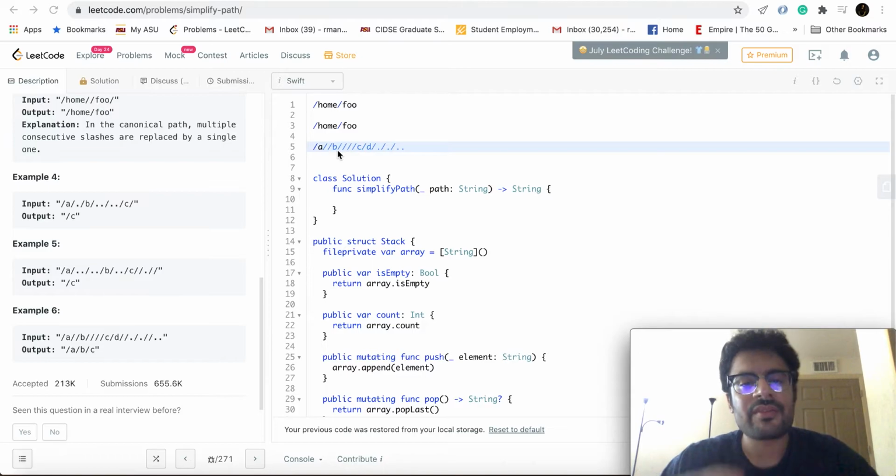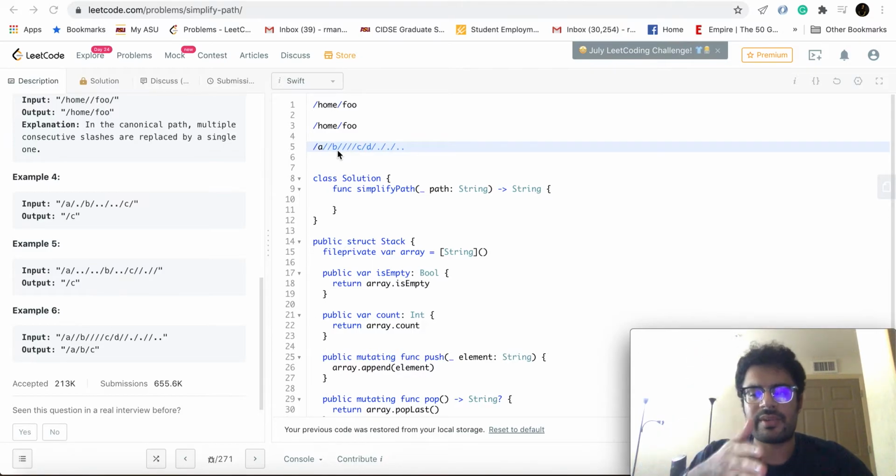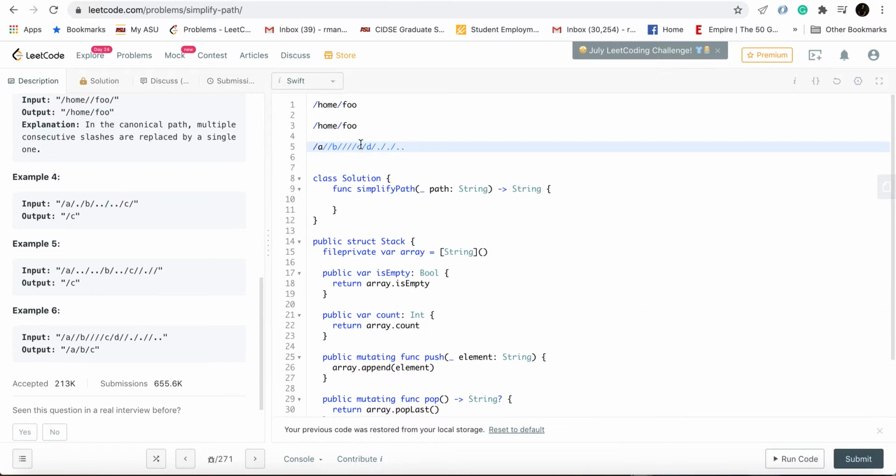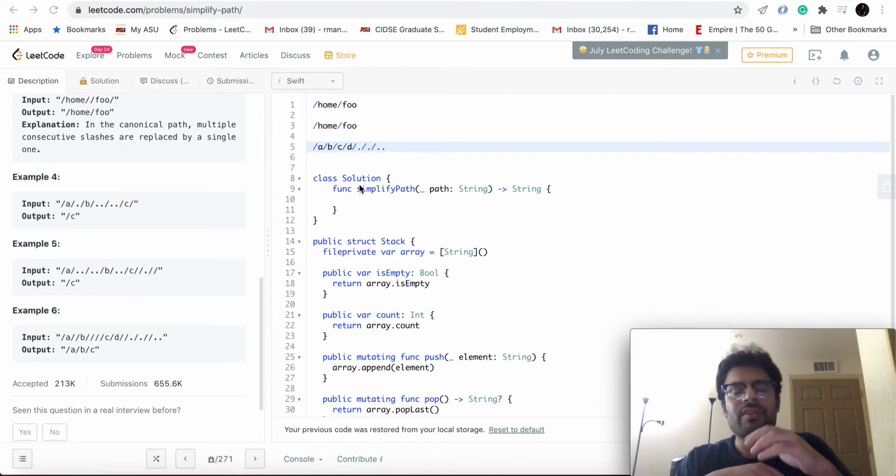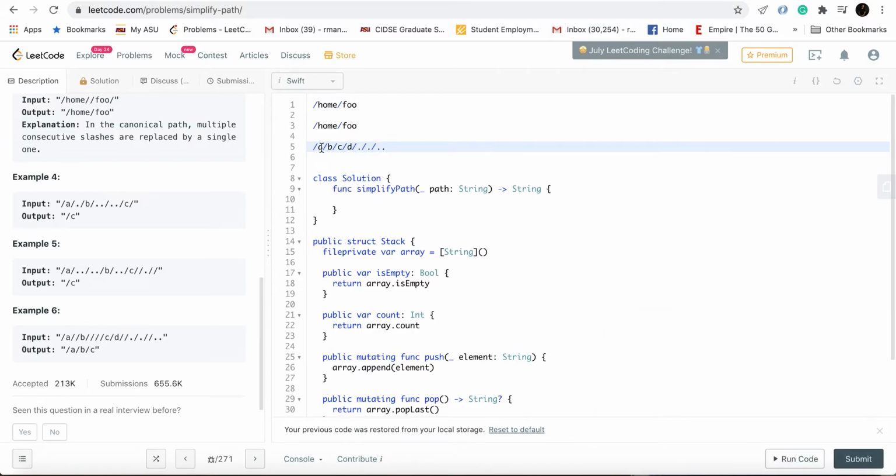While implementing, we will process the characters from left to right. But that's not the tough part, so let's not concentrate on that. Just for the sake of explanation, we'll replace all multiple forward slashes by single forward slashes, because that is essentially what we'll be doing even when we're implementing. So what we are left with is this.